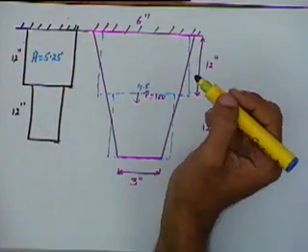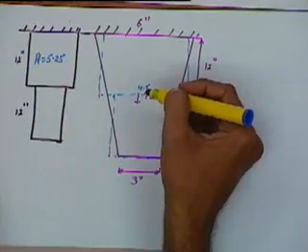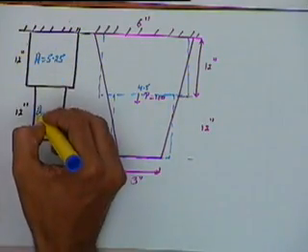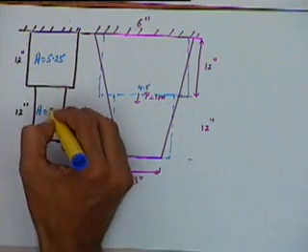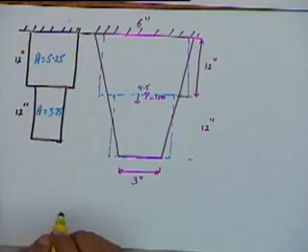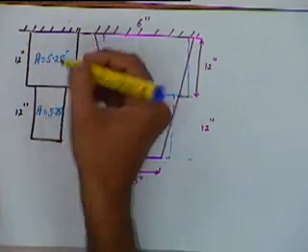Again, area of cross section is in a perpendicular direction. Yes, so depth is 1. If I take a unit depth, I get 6 plus 4.5 by half. Similarly, the area of cross section here will be 4.5 plus 3, that is 7.5, by 2, so I will get it to be 3.75 inches squared.